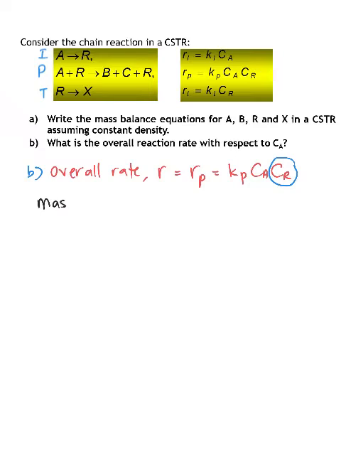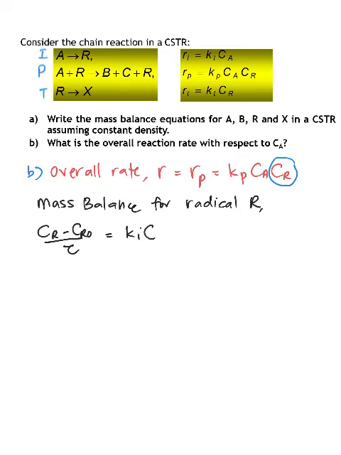So the mass balance for radical R in a CSTR: CR minus CR naught per tau equals, if you look at the mechanism, in the initiation step R is produced, so positive